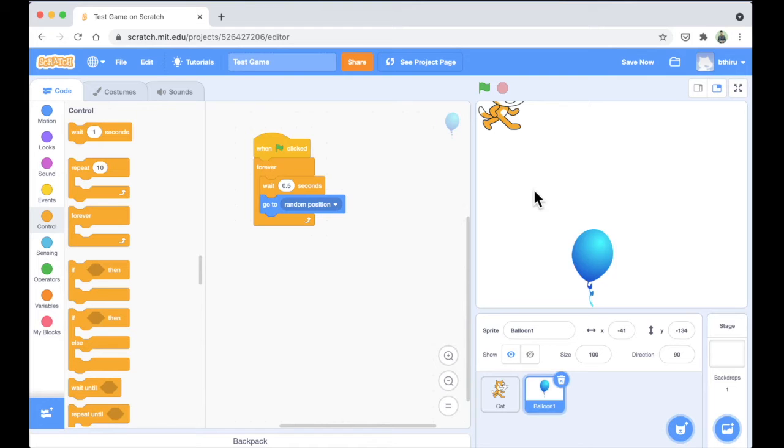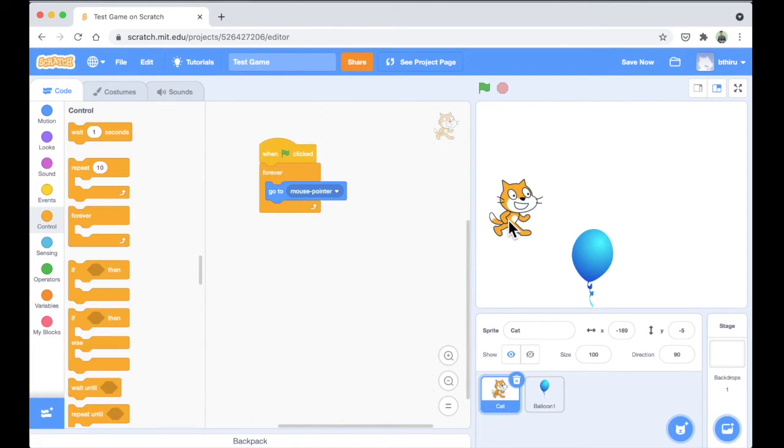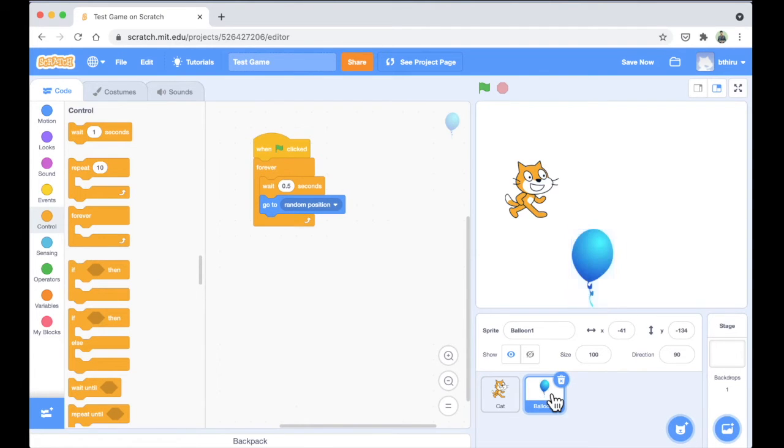To calculate the score, what I should require is the ability to sense that my cat is touching the balloon. That ability we can derive by making use of two separate things. First, we will need under the control block the condition check. If then, drag this and put it below the balloon logic. So click on the balloon sprite. Inside the balloon sprite, I am going to drag this if logic and put it below this go to random